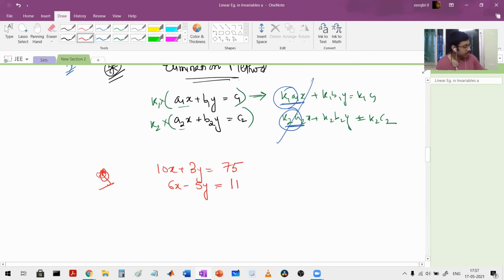Now by substitution you can always solve. That's not even my point of interest. I want to solve by elimination. So see, one point is multiplying this entire equation with some number and multiplying this entire equation with a different number, so that the coefficient of x becomes same. Okay, so suppose just for instance, I multiply this equation by 3. Yes, that is very much possible.